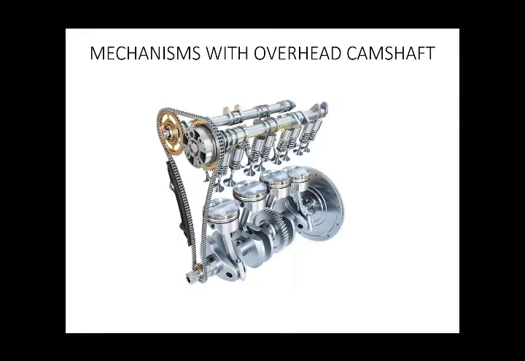And it is not just one or two cams. You can see here there are 16 valves that are loaded. It is a 4-cylinder engine, and each cylinder has 2 inlet valves and 2 exhaust valves. Usually a 16 valve engine is found to be more efficient than an 8 valve engine or a 12 valve engine. That is because if there is a greater number of inlet and exhaust valves, it can permit more intake of air, and it will also permit more exhaust of the exhaust gases, so we can improve the volumetric efficiency.